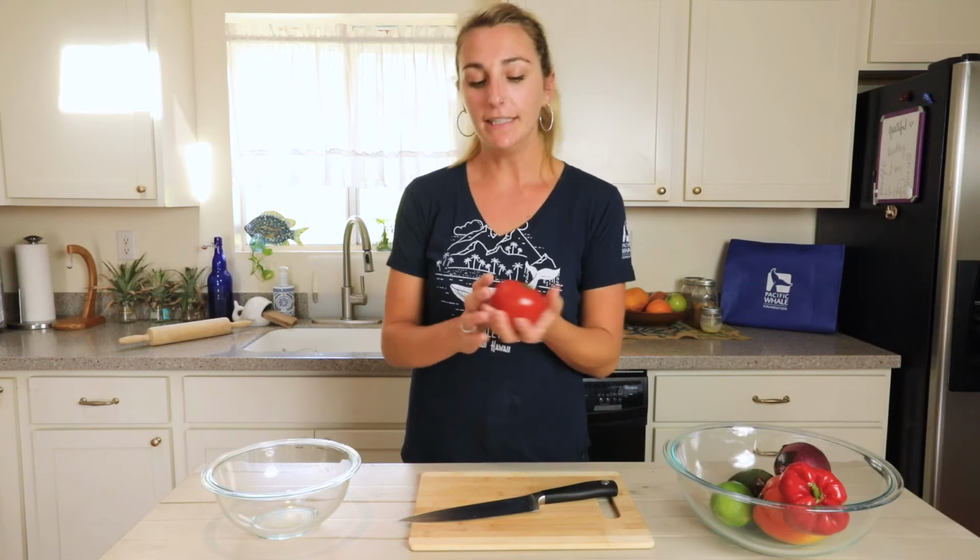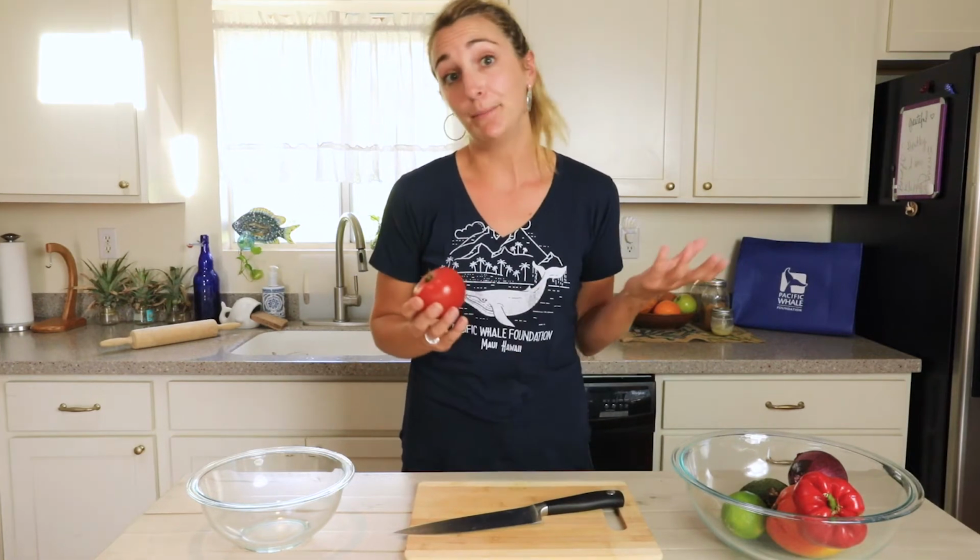We talked already about this red pepper. It's organic from Canada. It came kind of far to be here, so it's going to make a good show for us. Finally, the tomato. I'm going to chop it up, not going to put it in my salsa. It's a tomato-less salsa, but the tomatoes will be good on the side for anybody who wants to add tomatoes